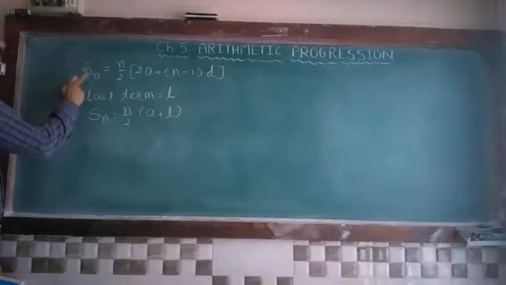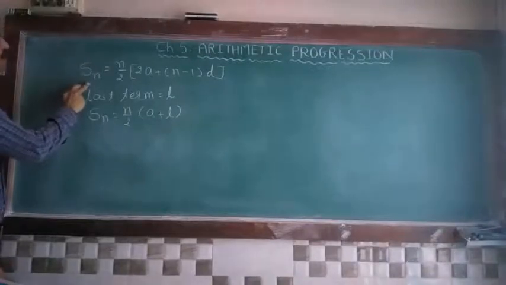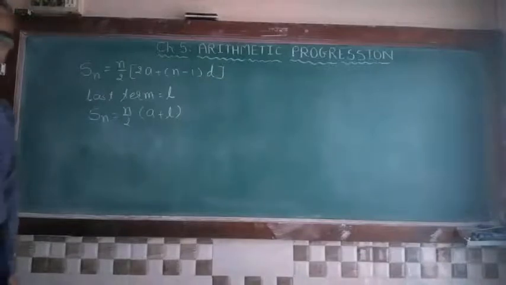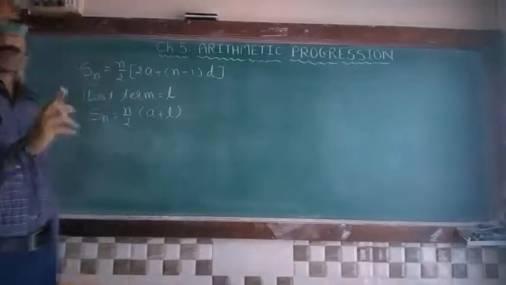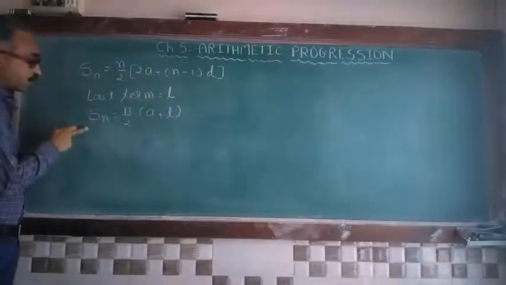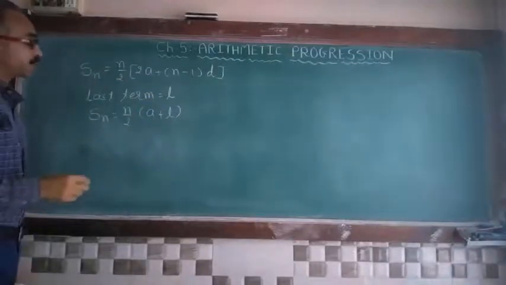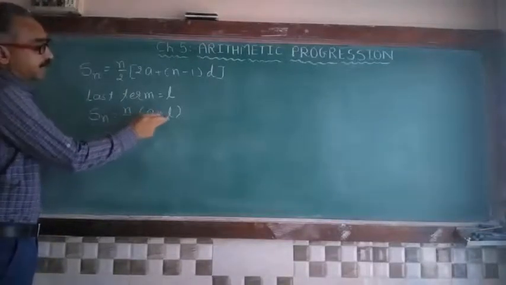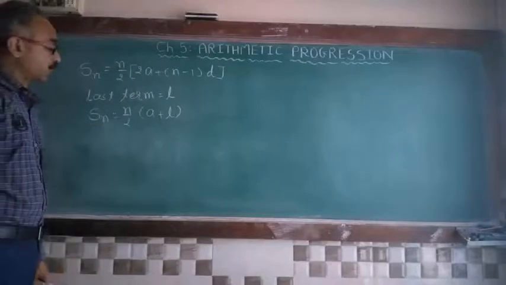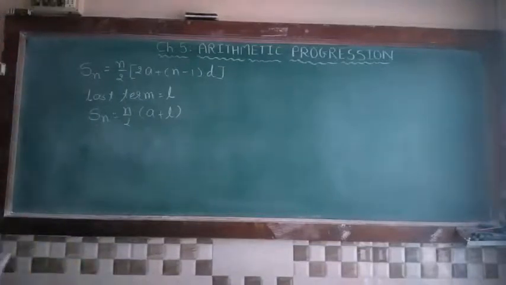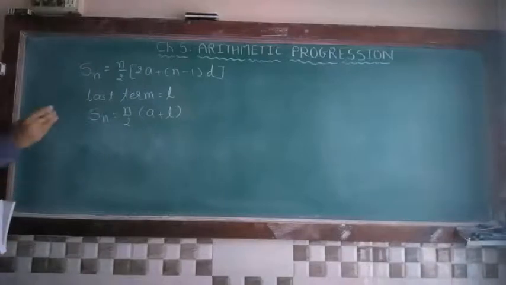Again, our regular formula Sn is equal to n by 2 into twice a plus n minus 1 into d. And if you are given the last term of an AP, which is denoted by L, so our formula is Sn is equal to n by 2 into a plus L, where a is your first term and L is your last term. So you can find out the sum of the nth terms where last term is given to you. Suppose